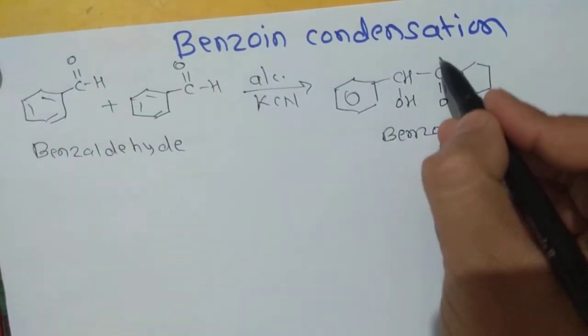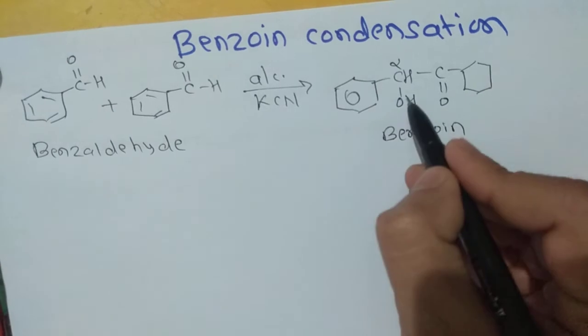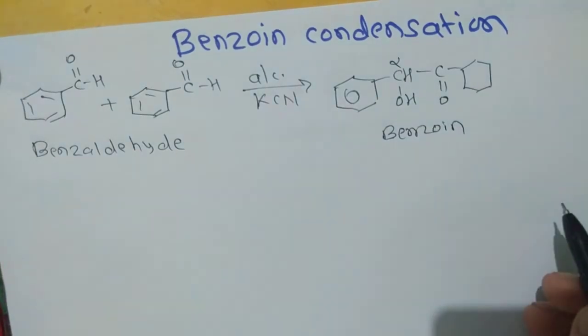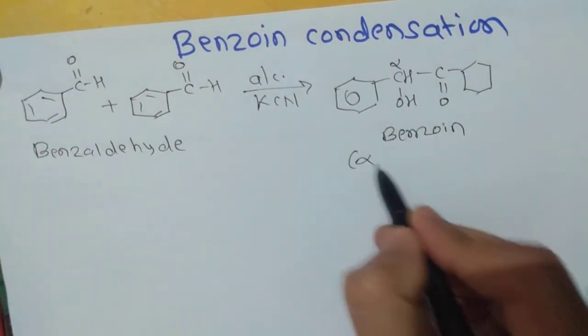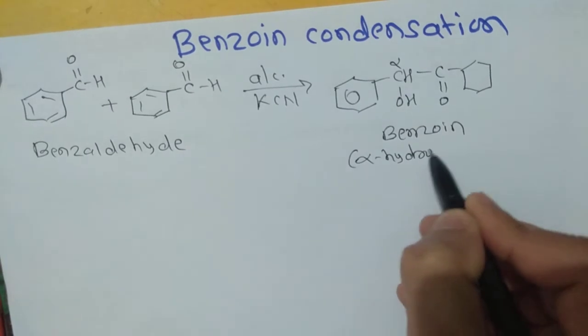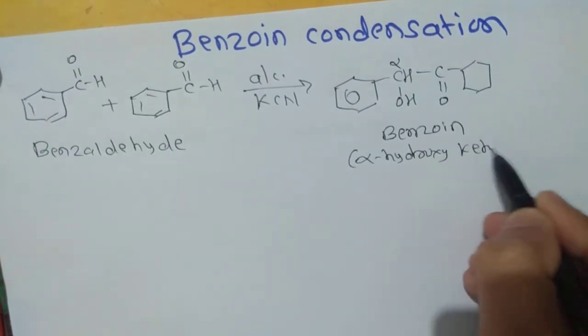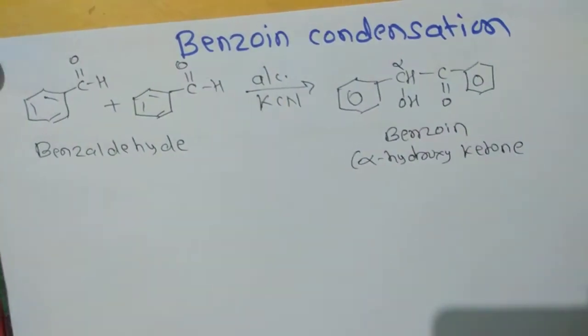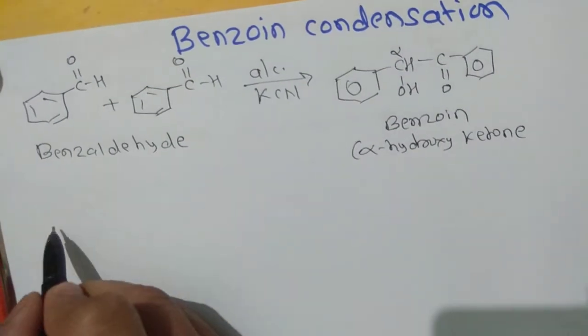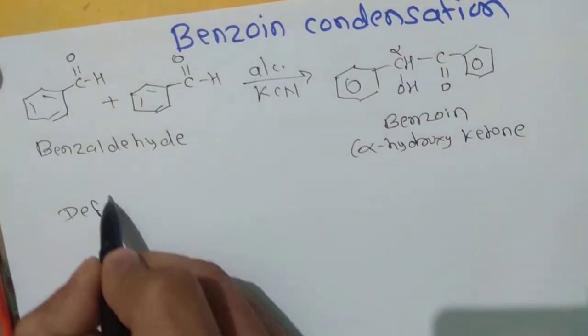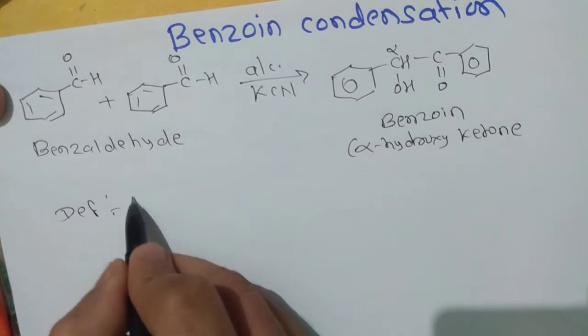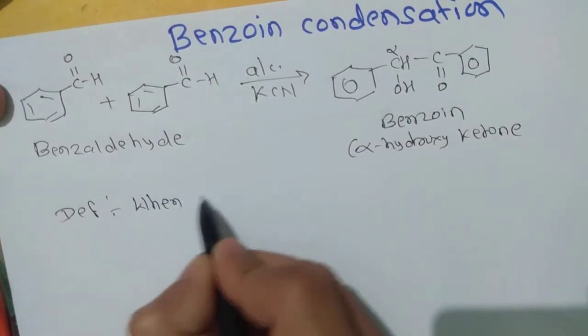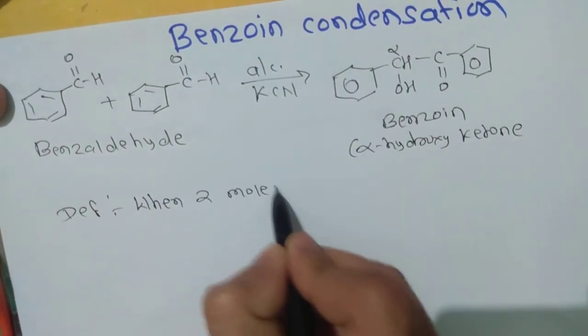In this benzoin, here is the alpha position. At that alpha position, the OH group is present. That's why it is called an alpha hydroxy ketone. Here we can define the benzoin condensation reaction: